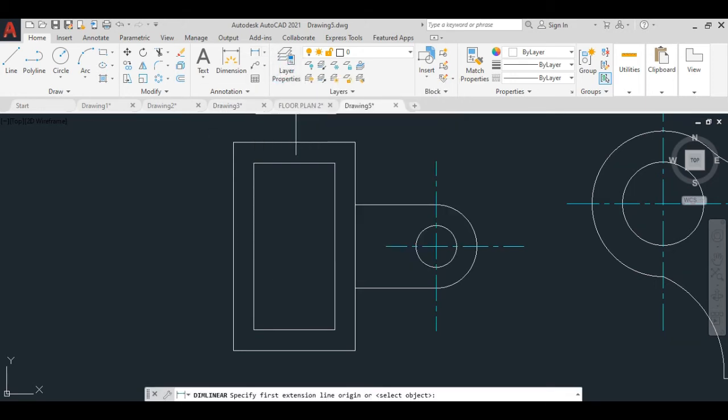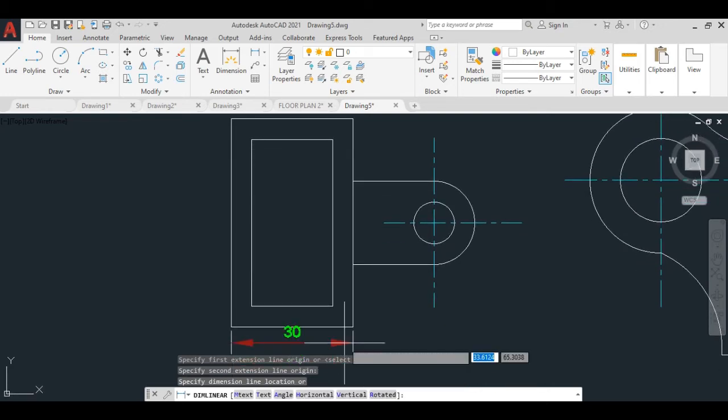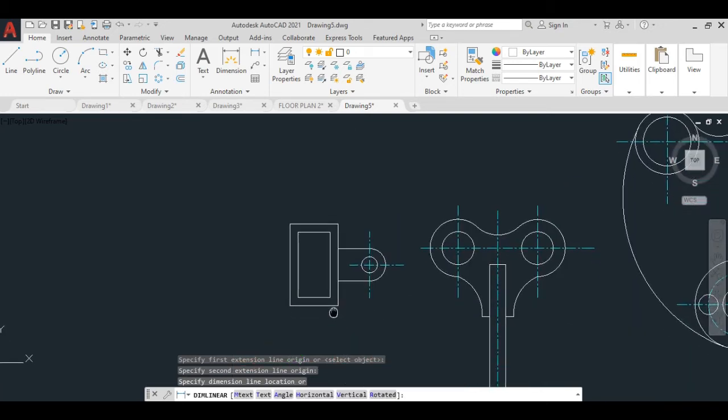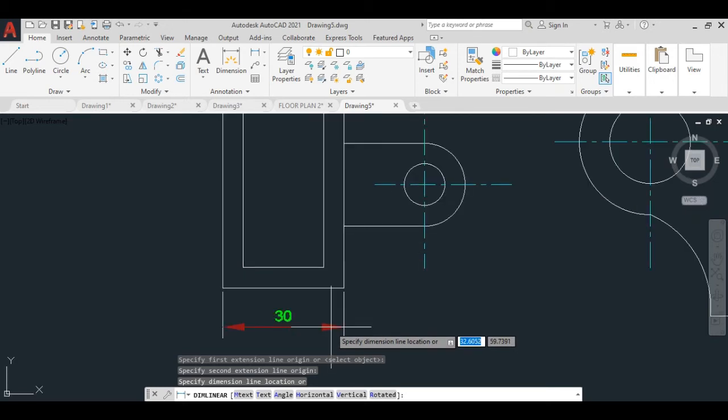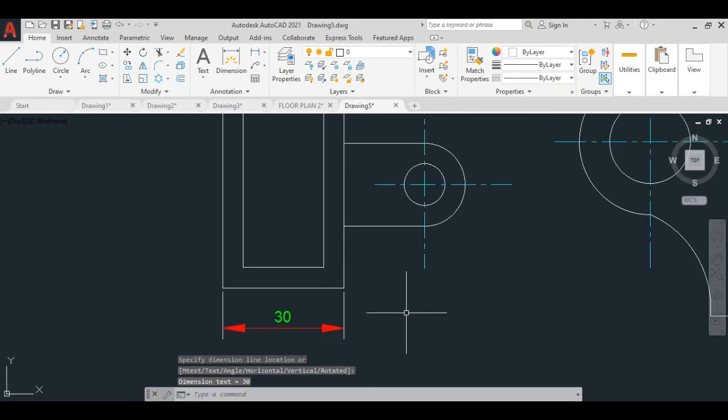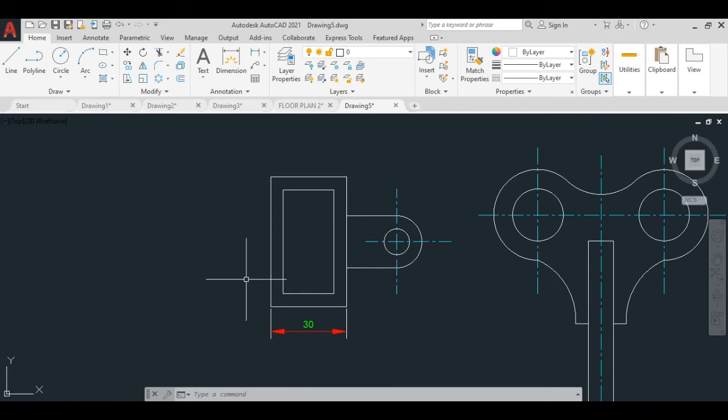Just click on linear, and now I click on this end point, and now I click on this end point. Now see here the dimension size, it will be all okay. So guys, here you can see the dimension. I just click over here, which is the 30 size to the base of the rectangle.